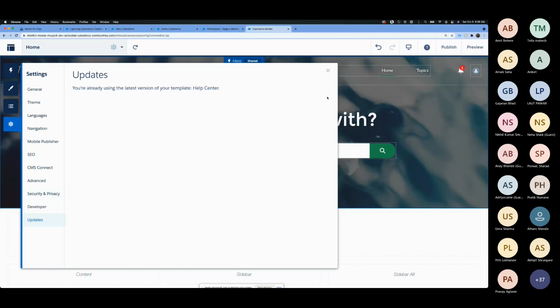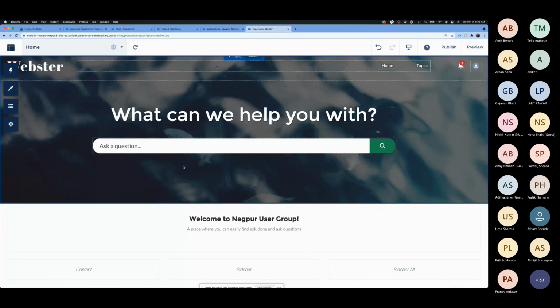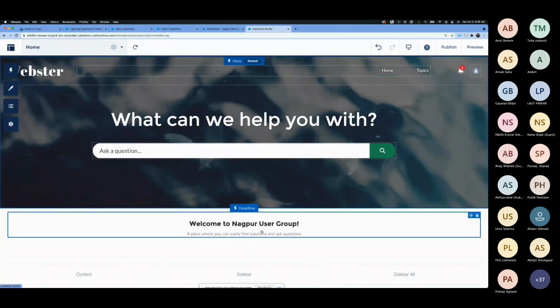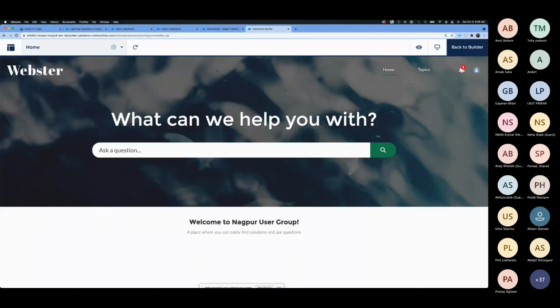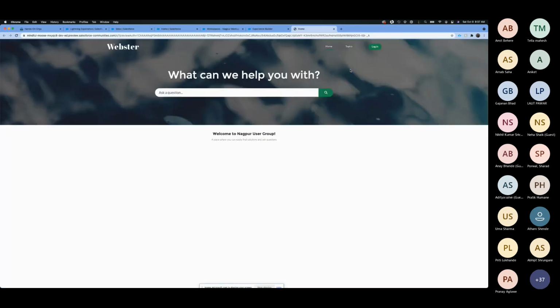So this is your settings interface, where all these things you have to do one time, and then you always have to play around. In general, as a developer, whenever you build a new component or there are changes in an existing component, you just play around with the drag and drop features on it. Perfect. So this is about the Experience Cloud side. Now, you can make the changes and preview it multiple times to see how it looks from a user perspective. So if I click on it, I see, okay, this is how this site looks.